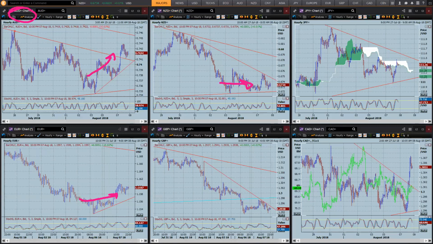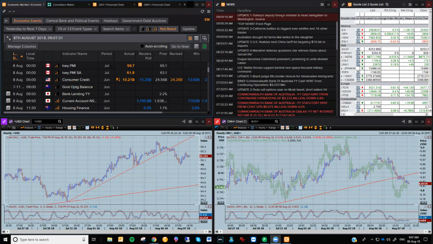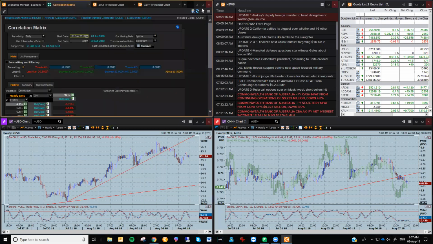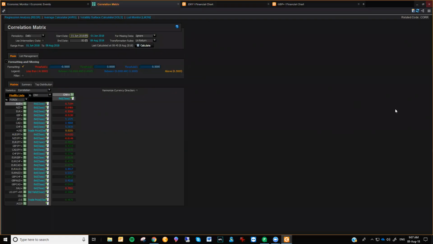But an easier way to look at this, if I just come back over here to the US dollar page, obviously the euro is going down. You think, well, okay, that's going down, that's great. But where is the major influence? If I bring up the correlation matrix, I've just whipped this together, and this is what you can do when you find a focal point. On the top here, I've got the Chinese yuan, or the offshore dollar yuan. Now I've got all the currency pairs and the crosses.